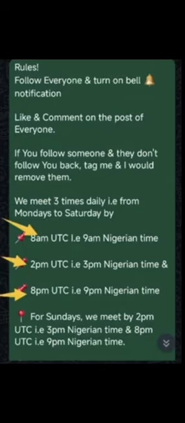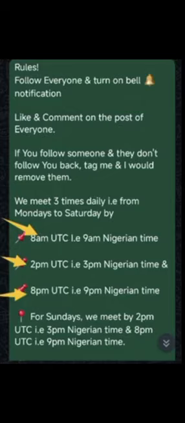So once we give a time, make sure 30 minutes before that time you've already made your post available. All right, so that once the group is open, all you just have to do is to follow the rule, share the admins, then you post your own, and people will start interacting with your own. That's the only way we'll be able to qualify for this project. It's a win-win, all right.